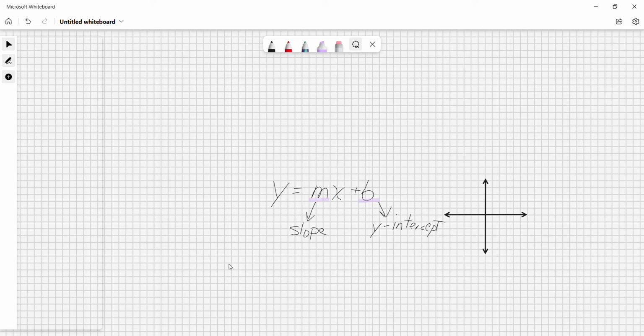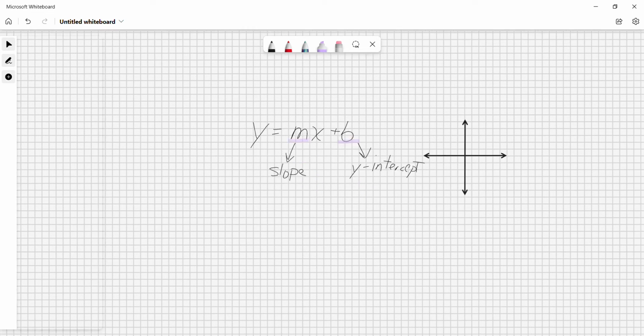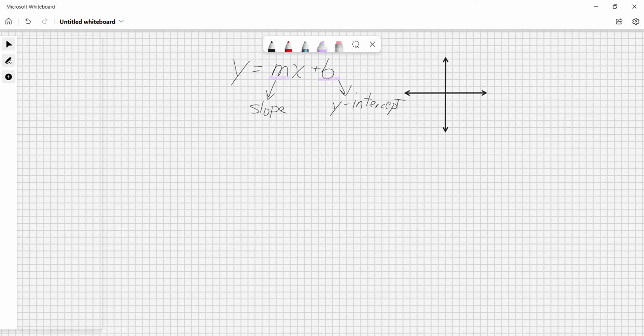Let's try a problem. Let's see if we can take a linear equation and figure out what the slope and the y-intercept are. We want those pieces of information. So we're going to try to get it into mx plus b format. I'm looking at guided practice number 1. If you want to, you may pause the video and try it yourself, or you can just watch me do it now. So we have 5x